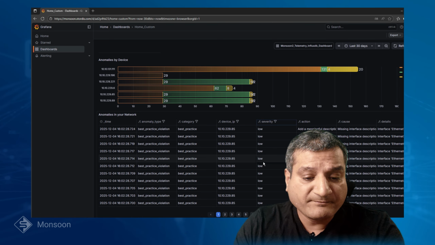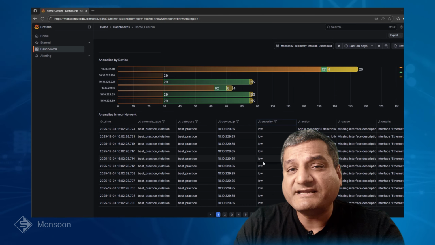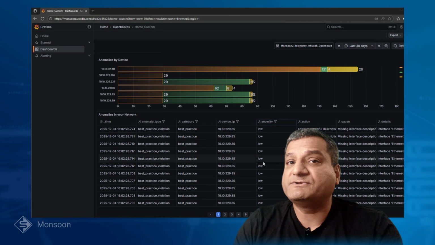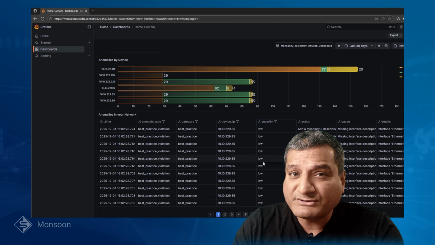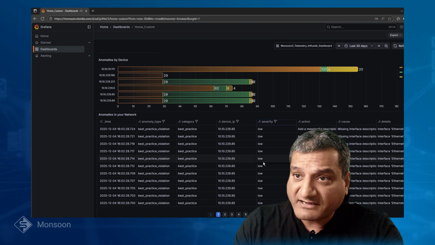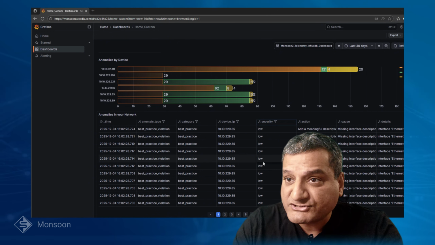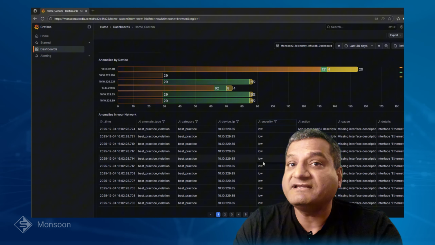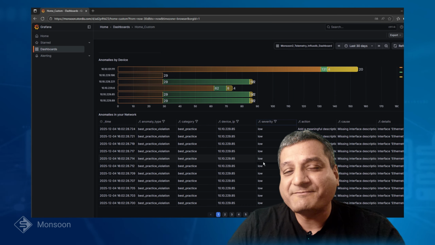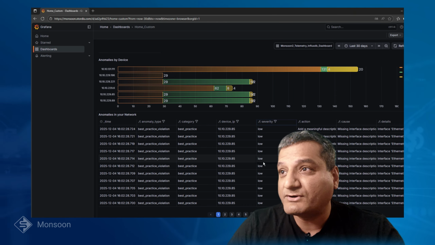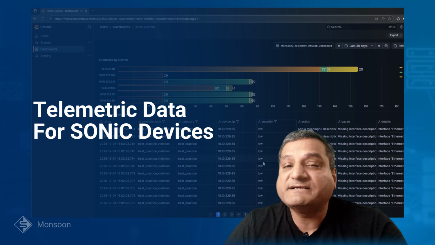Another example could be overlapping or duplicate ACL entries filling up your device database. How would you detect that? So this kind of system, which is AI capable, reads the configuration of your devices for any kind of anomaly. And if you have been a Monsoon user, you already know we have a lot of telemetry data for